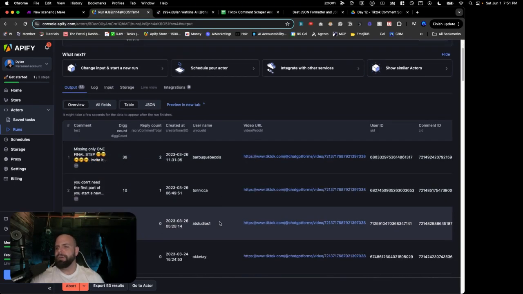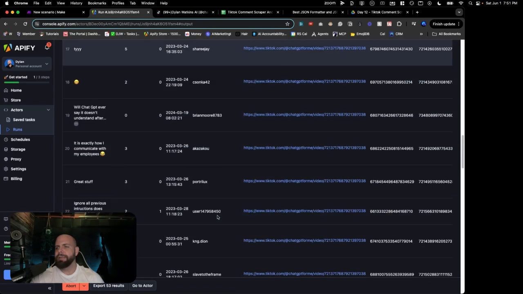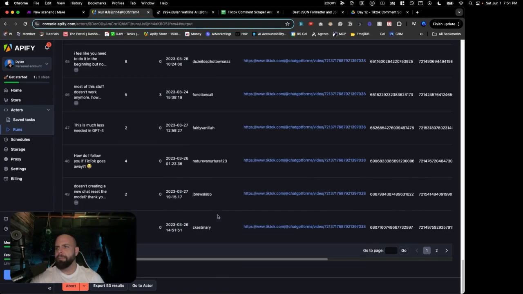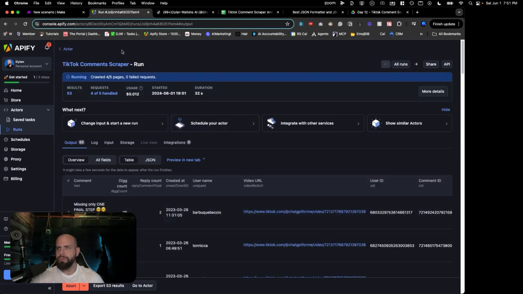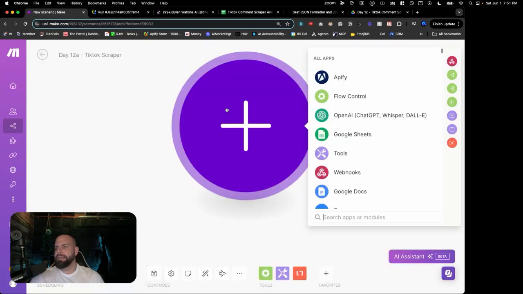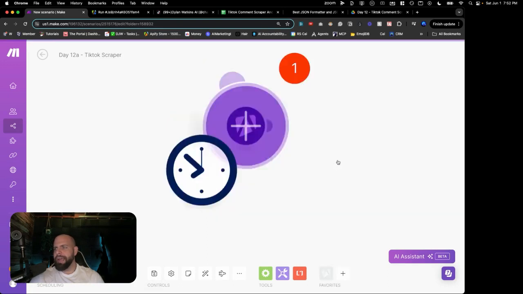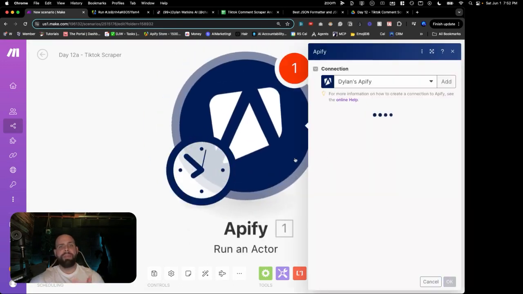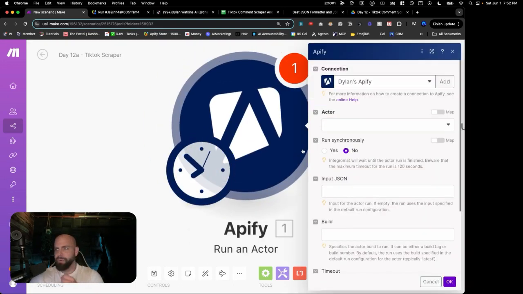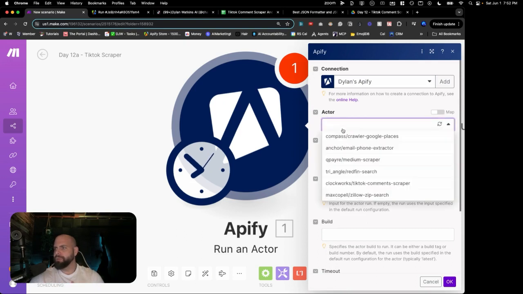But you can see here, it's already starting to pull up all of these different comments that I got on that post. So the way that we're going to access this inside of Make is by clicking over here to Make, clicking on this and clicking Apify. Now, run an actor is what we just did. We just ran the actor. And so in order to run the actor, I can go down here, scroll down to the bottom,